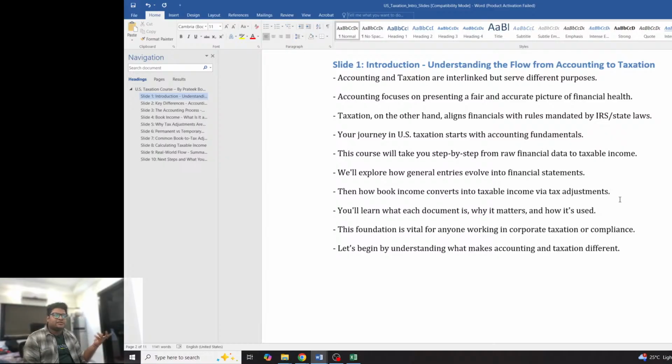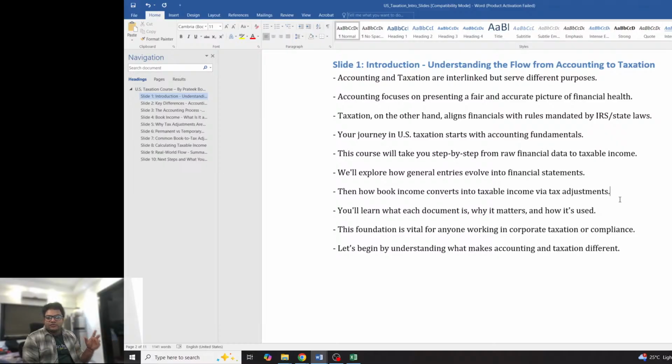For example, case in point is depreciation. So for example, if depreciation in the books, we might charge, let's say we have a machinery, we purchase it for $100 and we are taking a straight line deduction for 5 years on that machinery. It is possible that we might take just $20 as an adjustment per year.